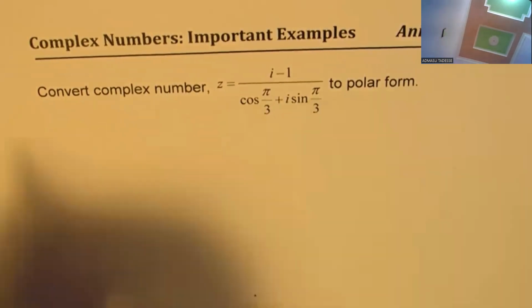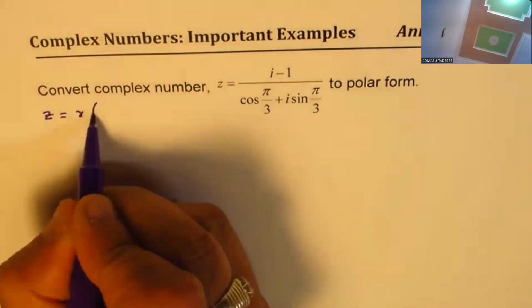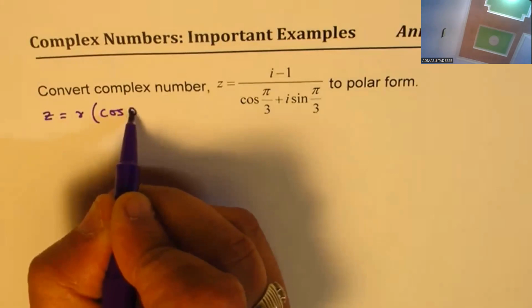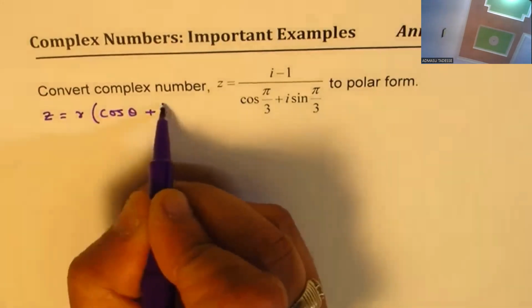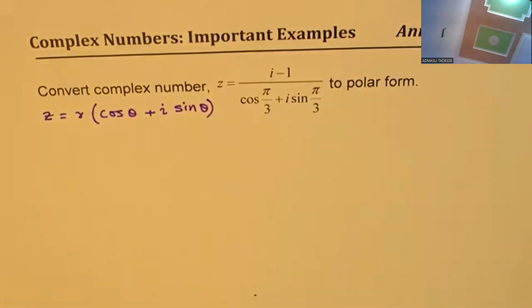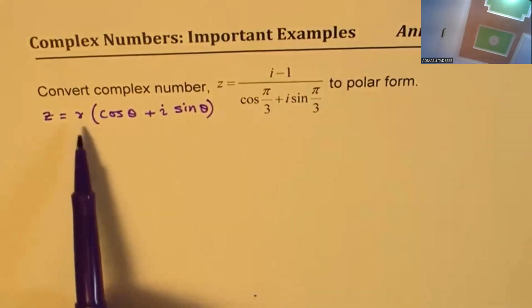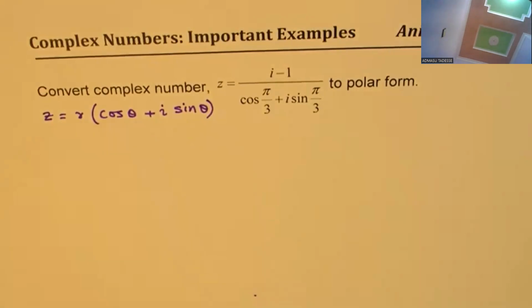Now, when I say polar form, it means what? It means I want to write z equals r times (cos theta plus i sin theta), right? So that's the polar form we are interested in writing. So basically, we need to find the magnitude r and the argument theta. These are the two things which we need to calculate. Now, how should we go about it? So let's think about